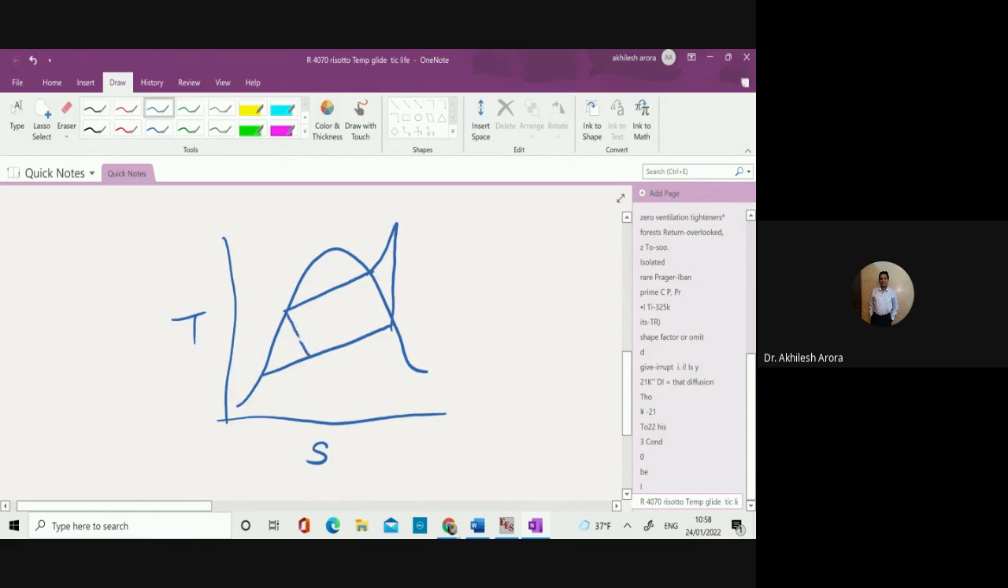Okay, this is a cycle: 1, 2, 3, 4. But now there is another thing. When you have to calculate the properties, you have to take the temperature at this particular point, and at this particular point. Though this average temperature here is 40 and this average temperature here is 7 degrees Celsius, but when you are